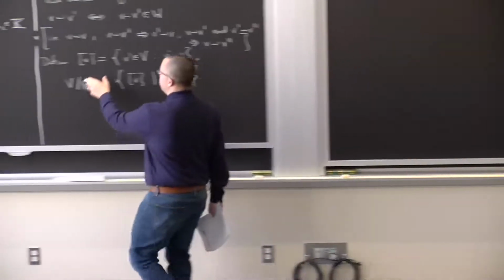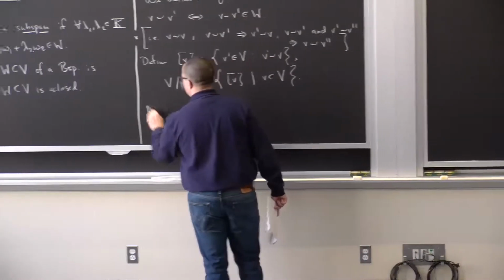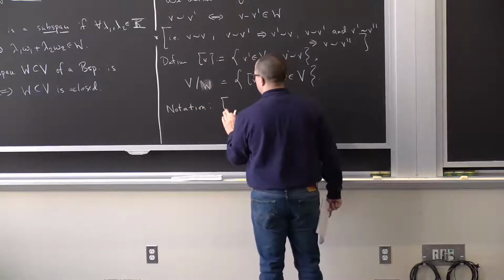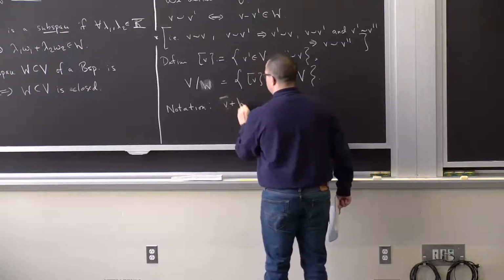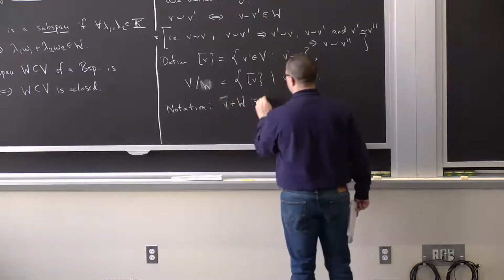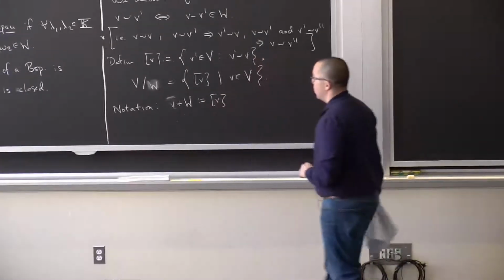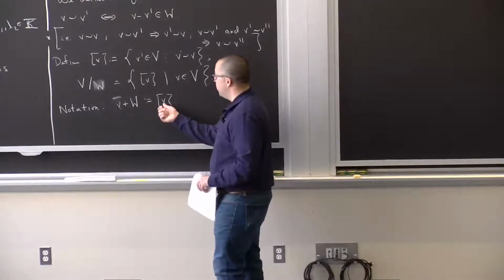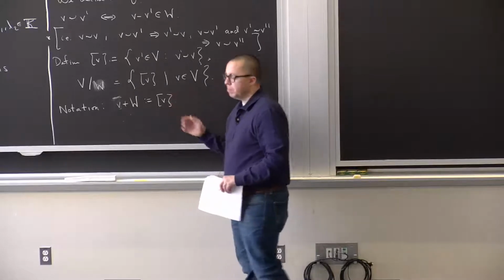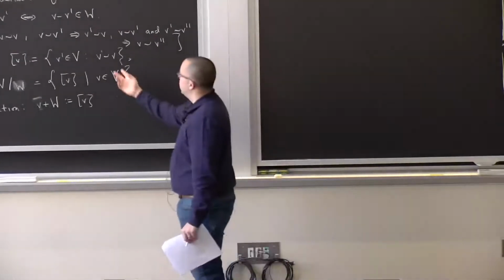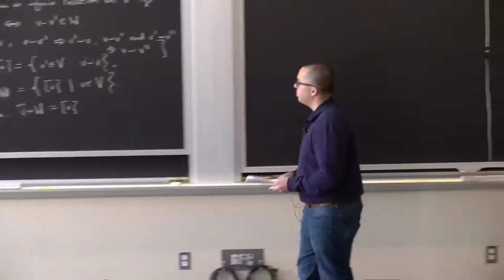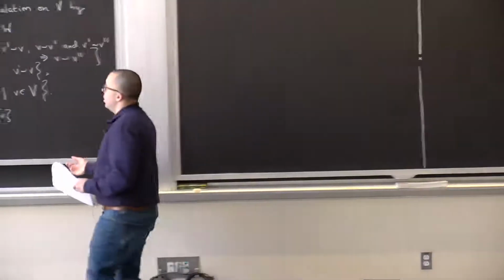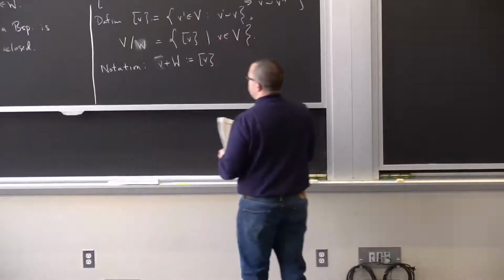And instead of writing the equivalence class of V, we typically write V plus W instead of the equivalence class of V. So you think of the equivalence class of V as being V plus all elements of W. Or two elements are the same if they differ by an element of W. Okay? So this is a set, but it becomes a vector space